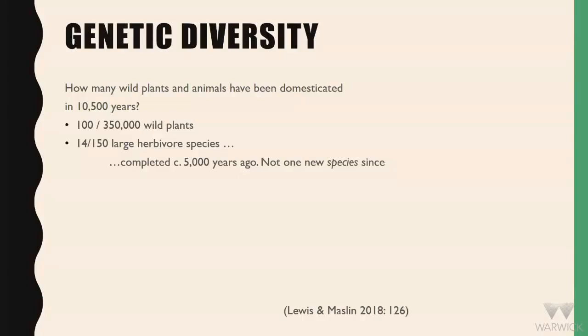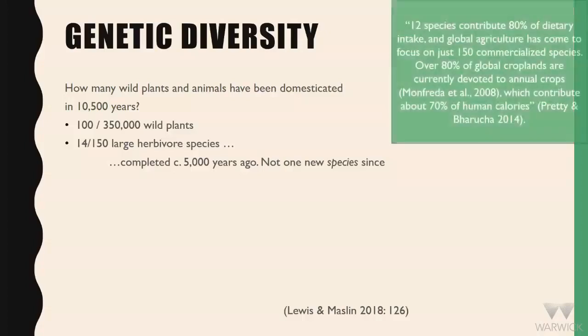A lot more plants than animals, but if we're talking about animal species that we use in our food system, the argument is made that actually we haven't really changed much in the last 5,000 years. We've just kind of messed with the nuances of the management of these species. So in terms of the wider ecology, we've got access to and control of a very narrow range, which may create a vulnerability.